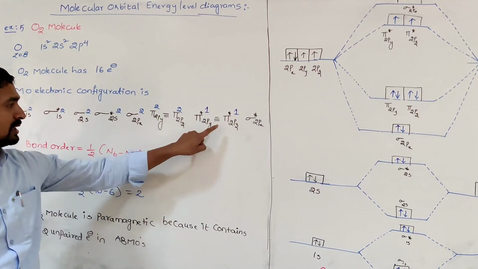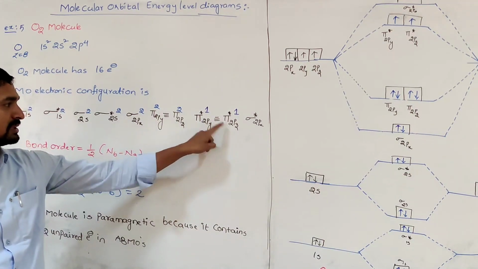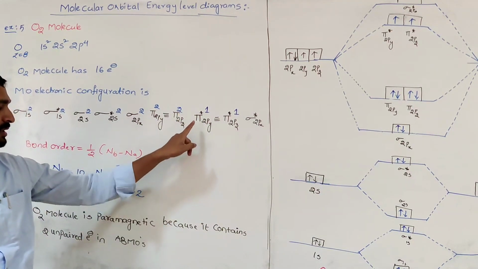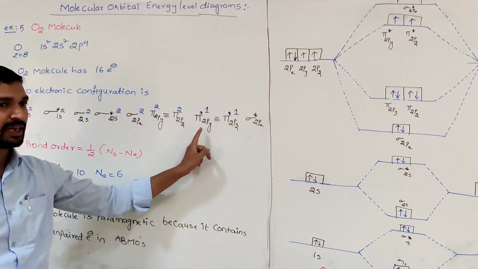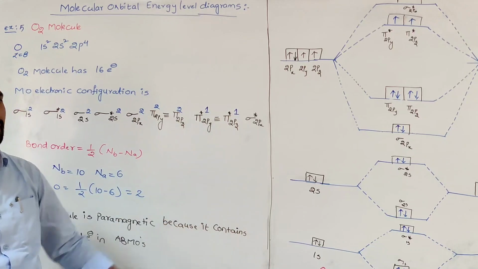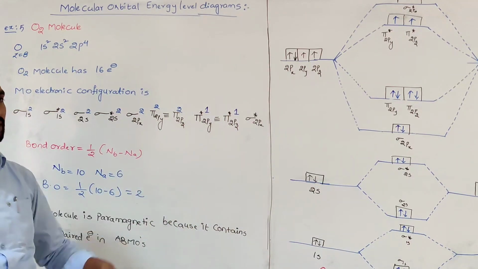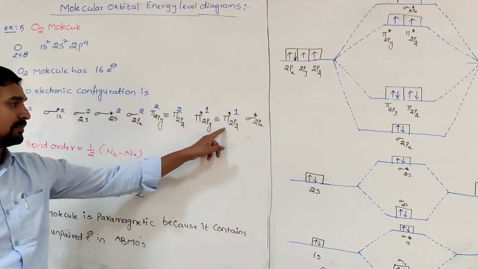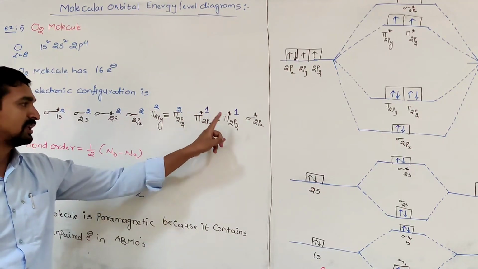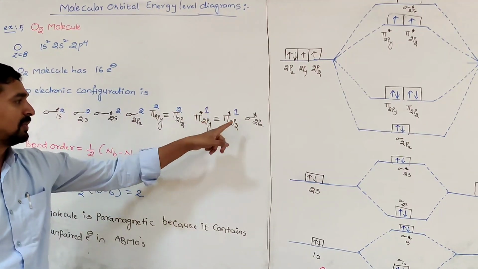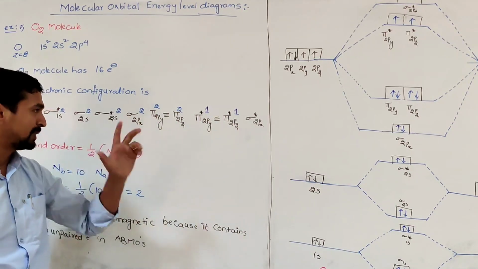After that, these are also degenerate orbitals, until here 14 is completed. So here we write 15 and 16. But here the two are degenerate orbitals; both have the same energy. According to Hund's rule, when the orbitals have the same energy, first each orbital is filled with a single electron. That's why I write 1 electron here and 1 electron here. So by this the 16 electrons are completed.